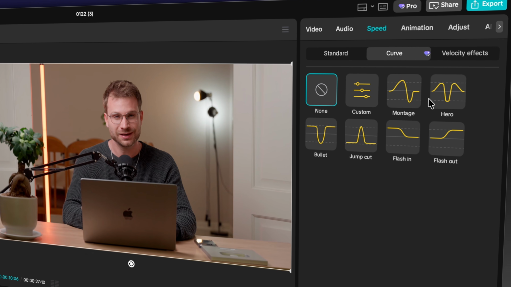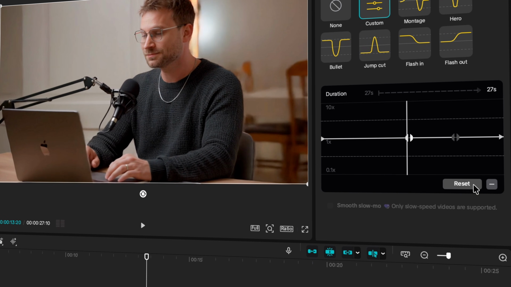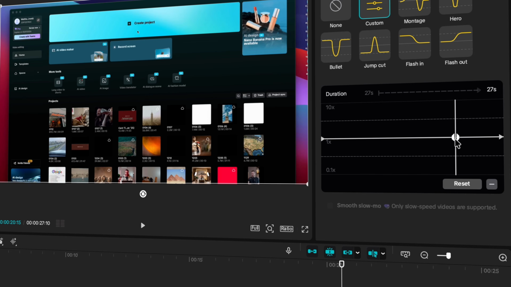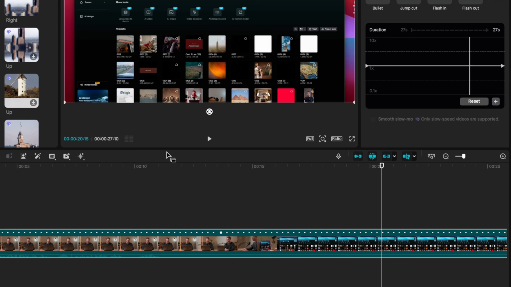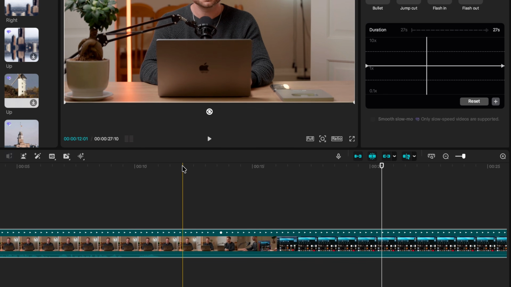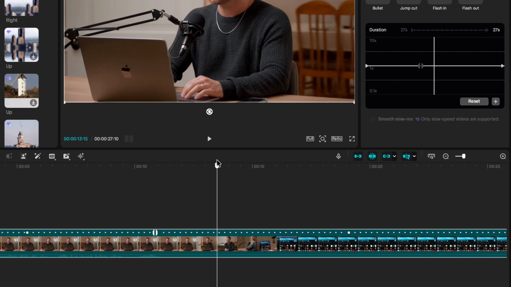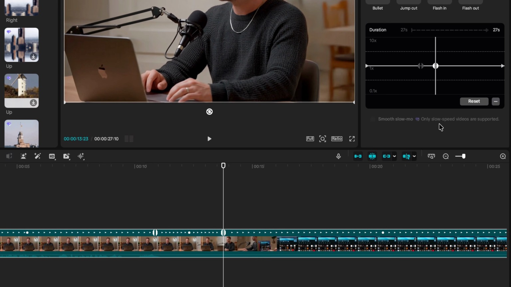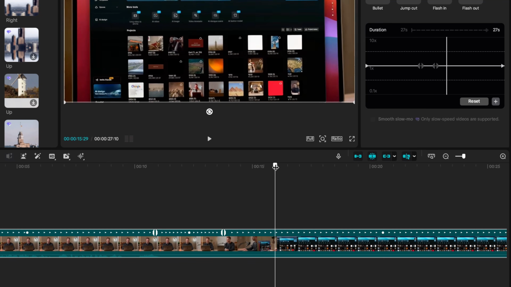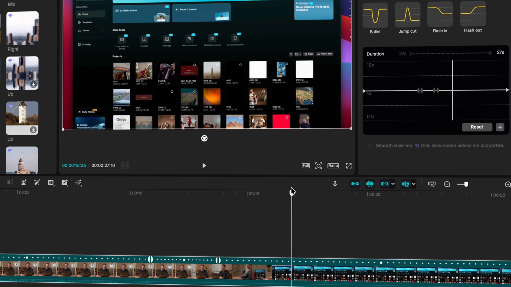Let's go to curve and create a custom curve. You can go ahead and delete these preset keyframes. Once again, let's go to before we start animating. Click on the plus icon. Then let's go to the middle point around there. Let's add another plus, and let's go to the end point once we are fully transitioned onto our screen, and